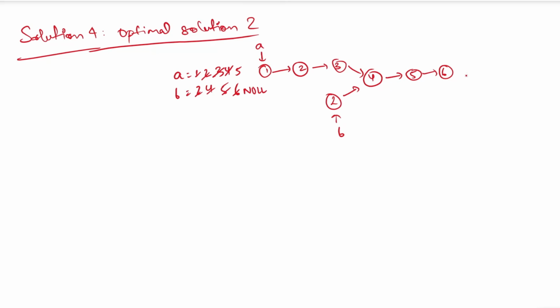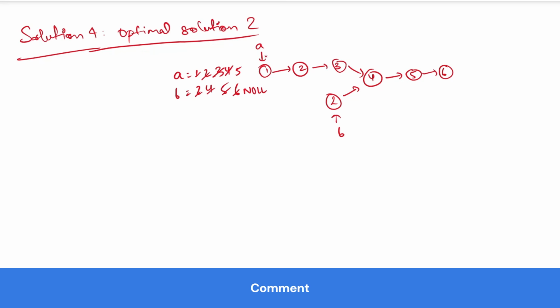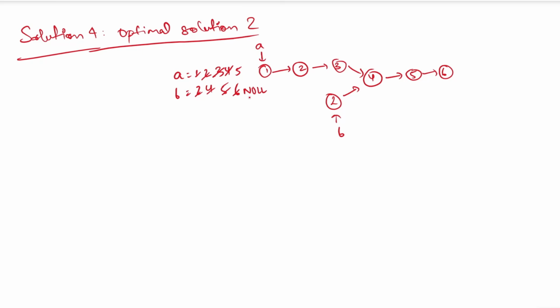Now as my B points to null, I will make my B point to the head of the second linked list. So right now it is the head of linked list 2. Now B will point to head of this. My A is this and I will point this to 1. And now my A will point to 6.